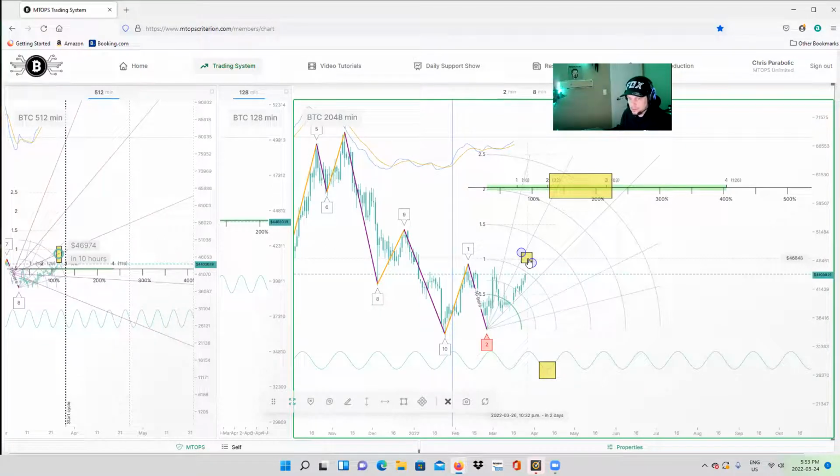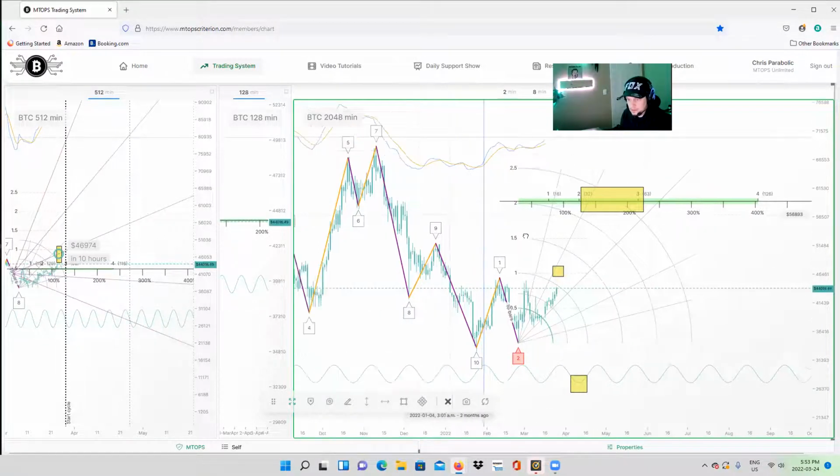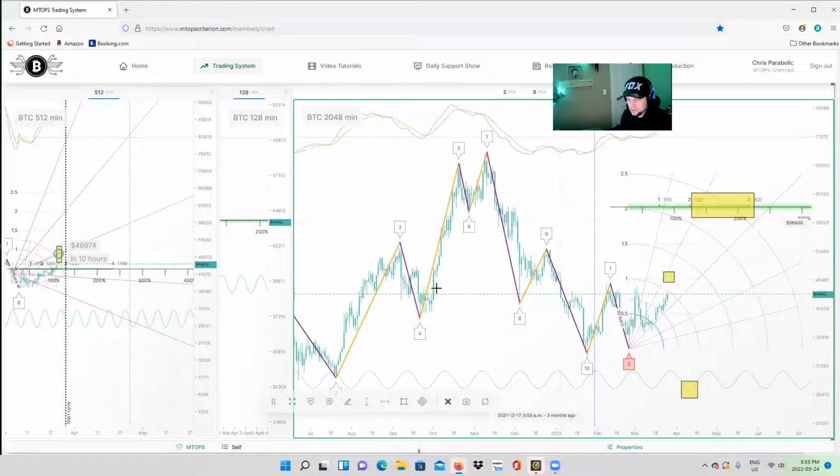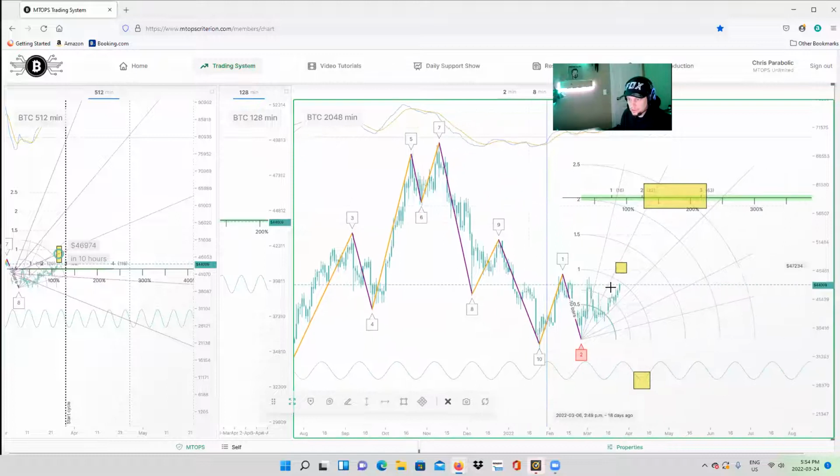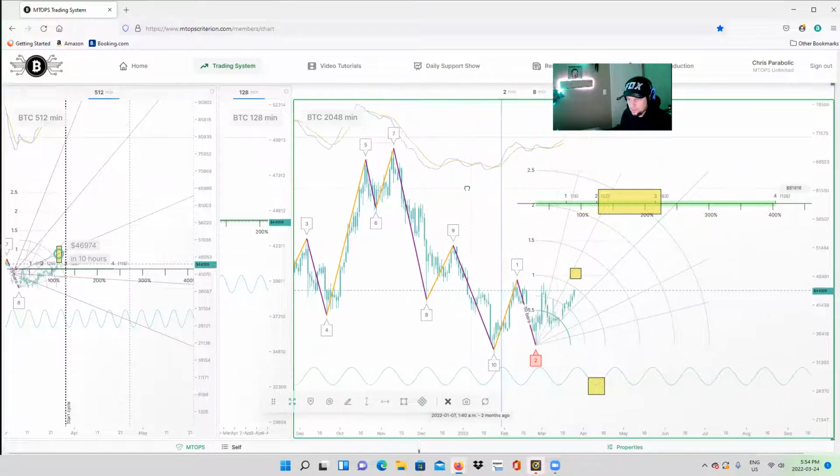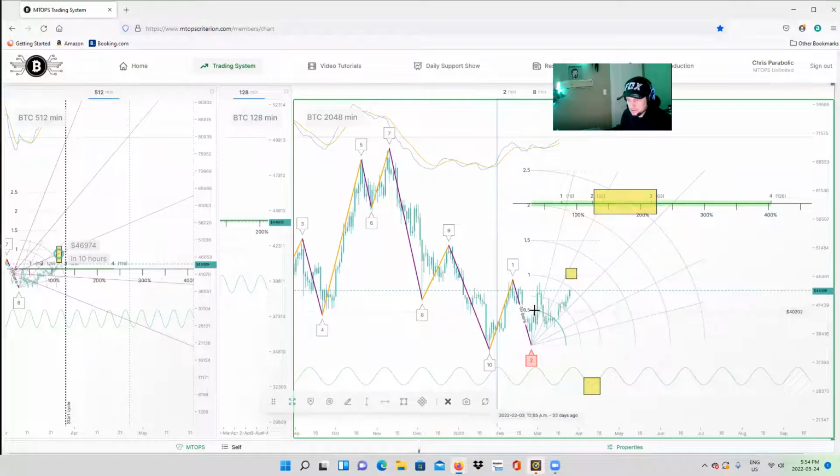Now, I have seen turning points go completely parabolic, so you've got to be mindful that that can also happen before we identify the next turning point. So it could be that we touch here at the 1.5. When you're looking at this, you've got the 0.5, the 1, the 1.5, the 2, and the 2.5. This is a fib